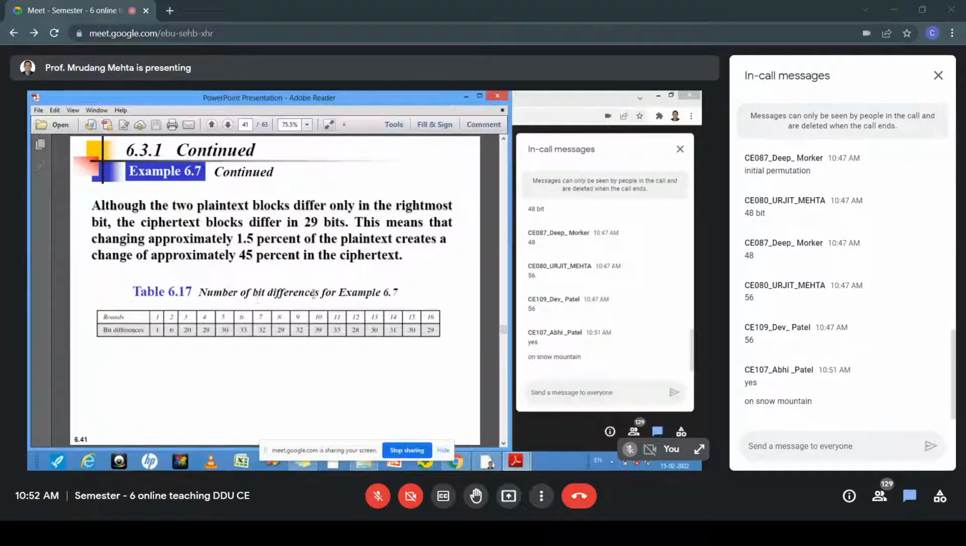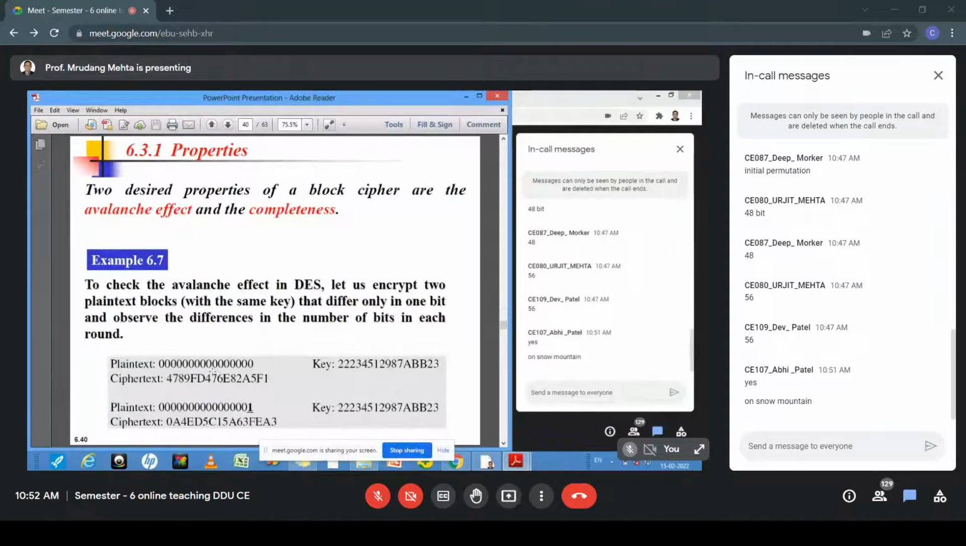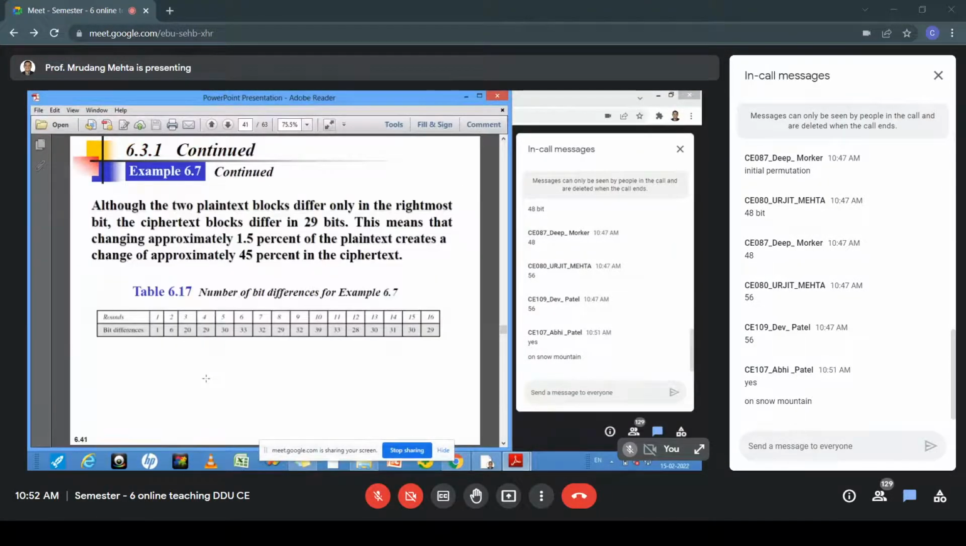Right? So the number of differences for this plain text, as per the round, from 1 round up to 16 rounds, is 1, 6, 20, 29, 30. So the number of bit differences that you can see are these per round. This shows that there are significant bit differences, right? 45% change. This is called